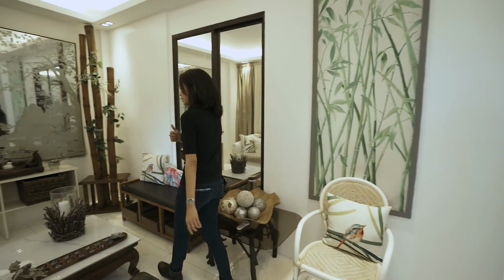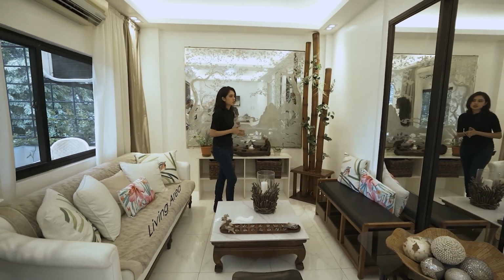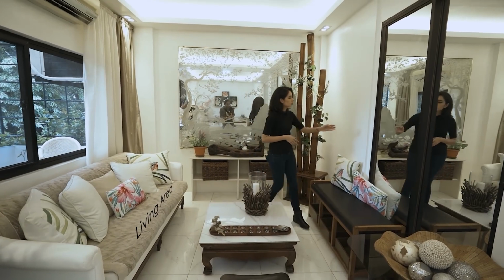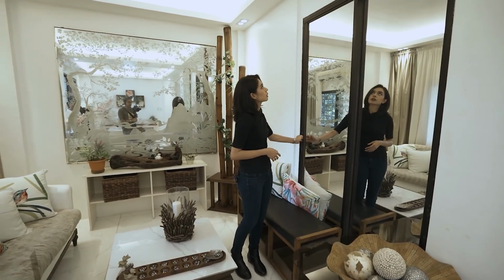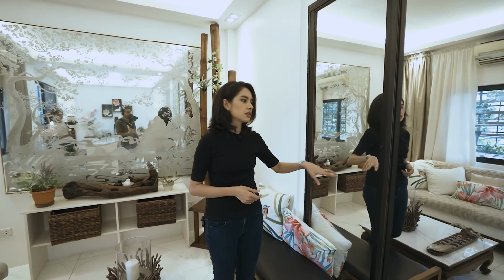Okay, back inside, you have here your living room. So in this case, they just put... I just thought this was a mirror earlier, but apparently it's a sliding door. Okay, so we're not gonna open that since it's not meant to be opened, but...